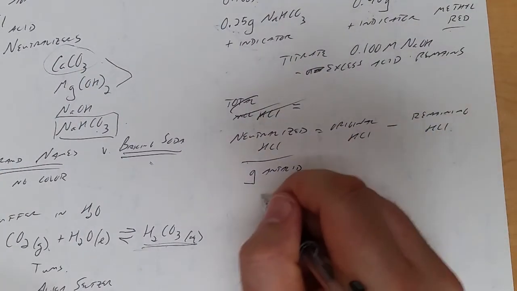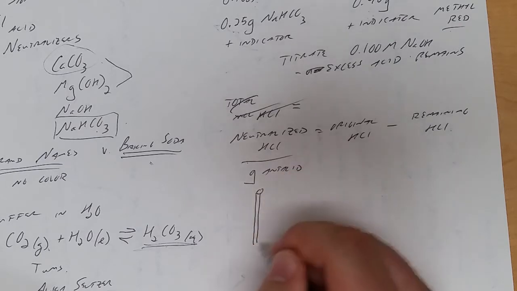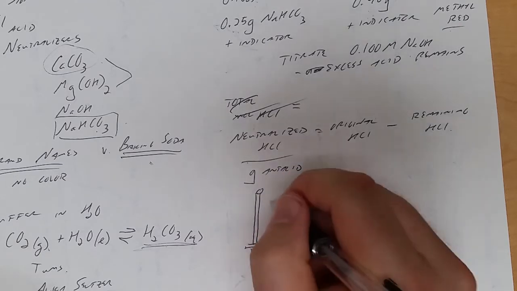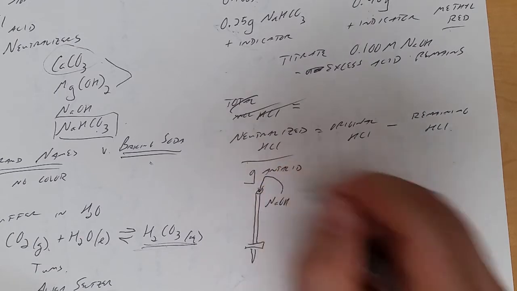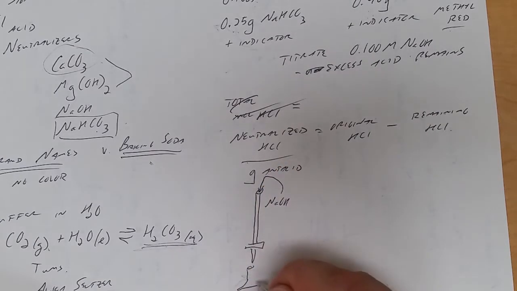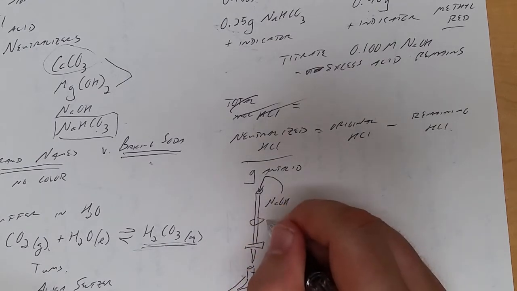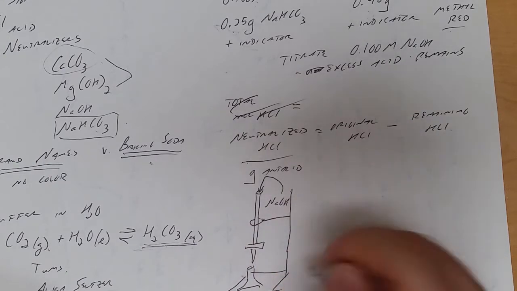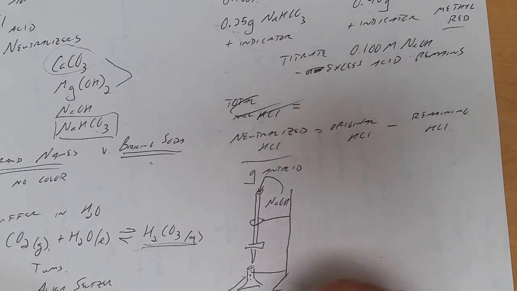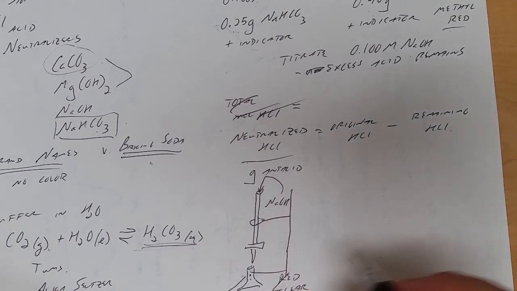So you will add dropwise your sodium hydroxide, goes in the burette, and we'll be putting that into our Erlenmeyer flask, and just dropwise in until it shifts from red to, it'll go to clear first, and then once you have put in too much, it will go to yellow. And so it's red in an acid, clear at the neutralization point, and then slightly yellow once it's shifted to